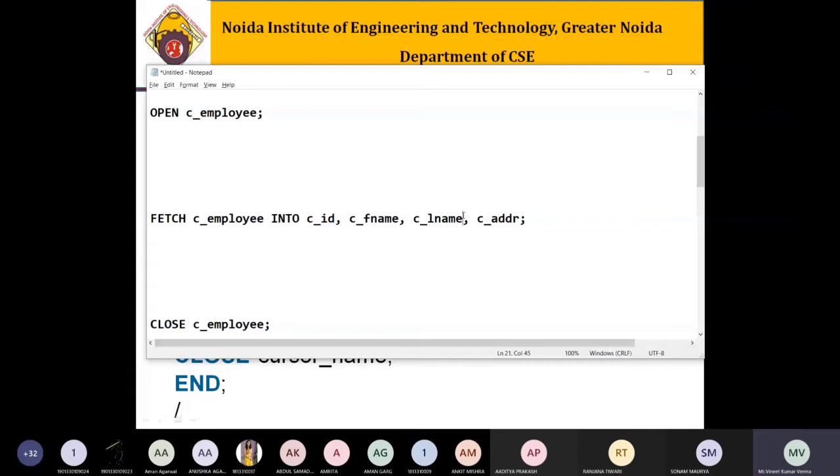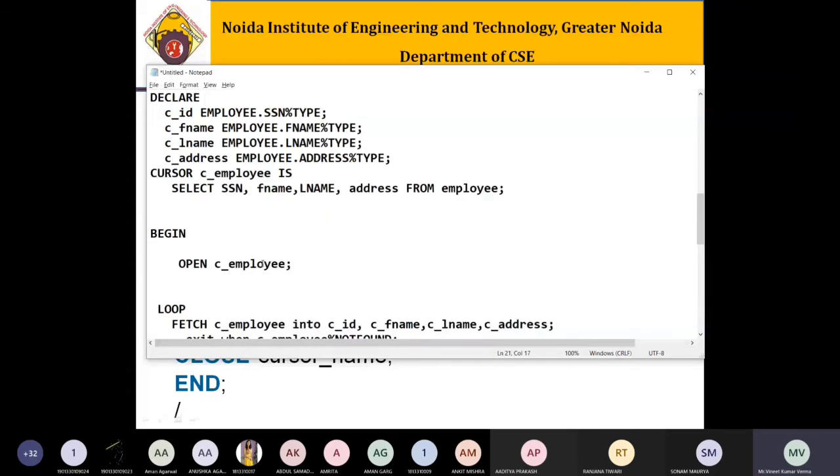So how to use all these four syntax in your program? Let us define it here. We already created this program in the previous class, that's why we are just showing it again. Here, as we have to extract the information SSN, first name, last name, and address, we have to create four different variables.